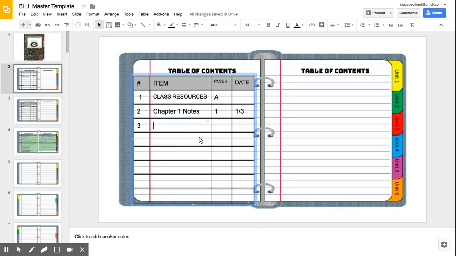If I click over here. Say it's our chapter 1 vocabulary. Chapter 1. Can I just say vocab? Whatever is your notebook. And I'm going to put that, and that'll be page 2, maybe? And then let's just say we do it on the same day. Then you just keep going and going and going. Now, before we go to chapter 1 notes,